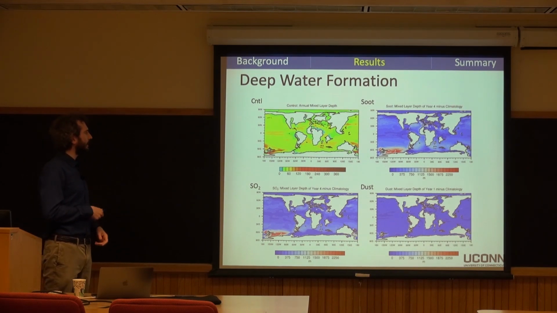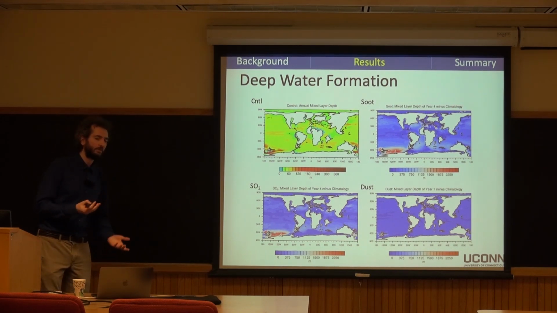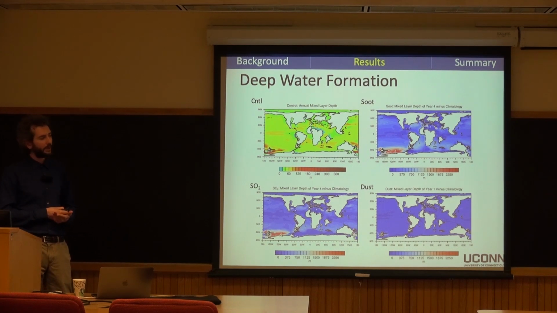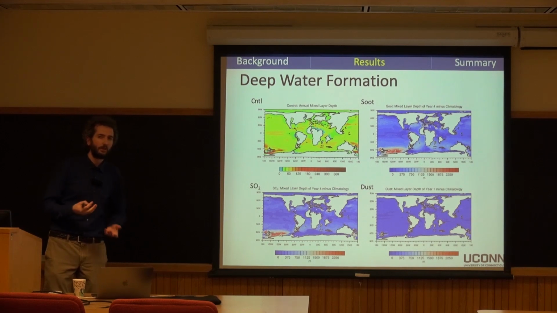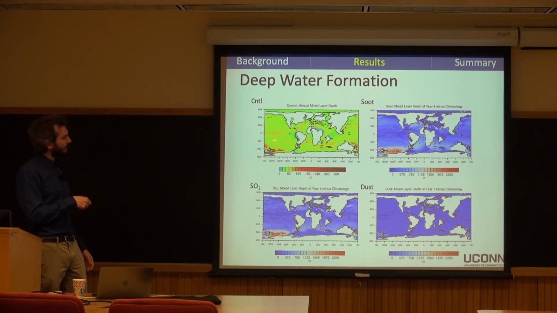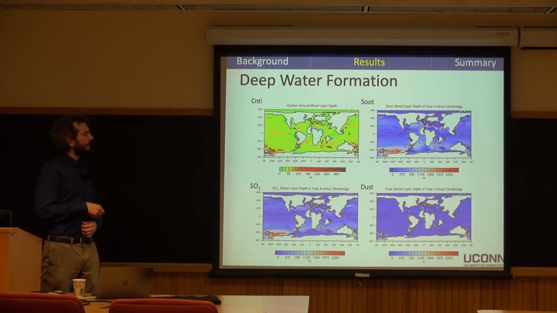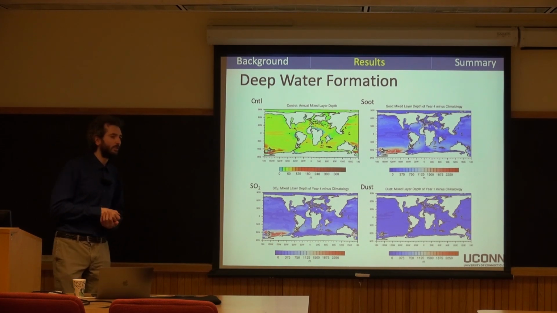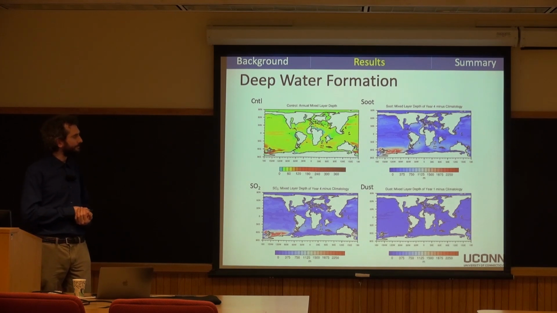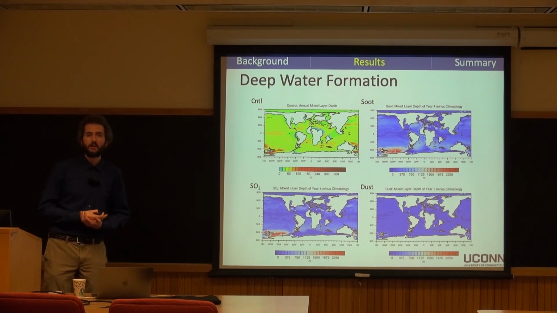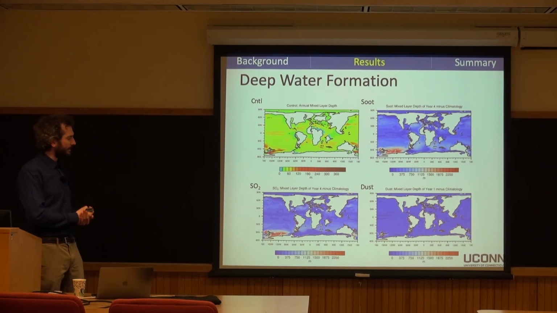And so here I'm showing mixed layer depth as a proxy for where we're getting deep water formation. In the pre-impact climatology, we have a fairly sluggish overturning. Most of the deep water is occurring in the high southern latitudes. That's typical of what you might expect for this period of time where you don't really have that much sea ice formation, et cetera. And then here I'm showing the difference in the mixed layer depth, showing how much deep water is increased in these different scenarios.